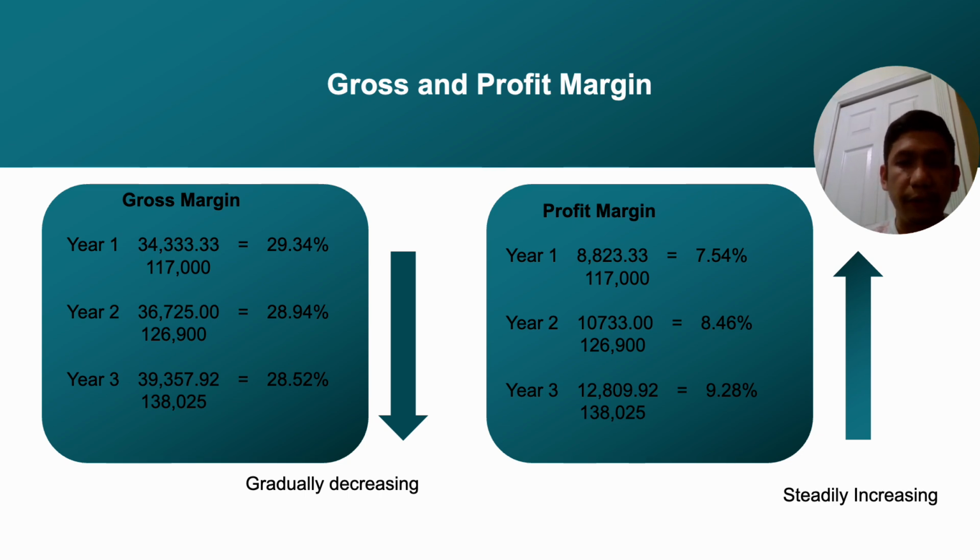On profit margin, the profit margin is steadily increasing from 7.54% in year 1 to 9.28% in year 3, which is a positive sign. This shows that despite the slight decline in gross margin, Glenn is managing to keep more of his sales as net income. These improvements suggest better control of expenses or growth in higher margin areas, which is helping boost